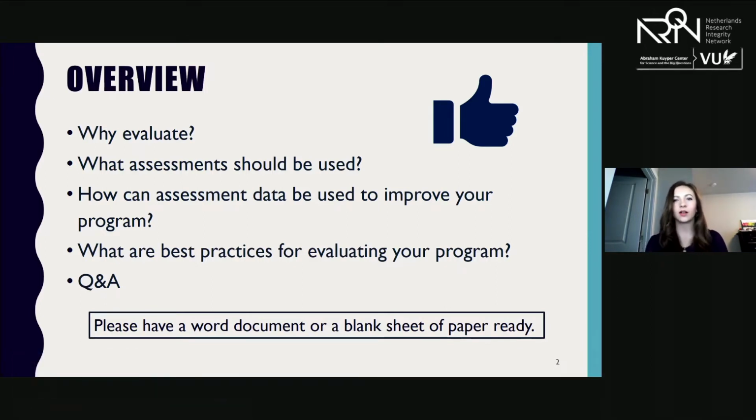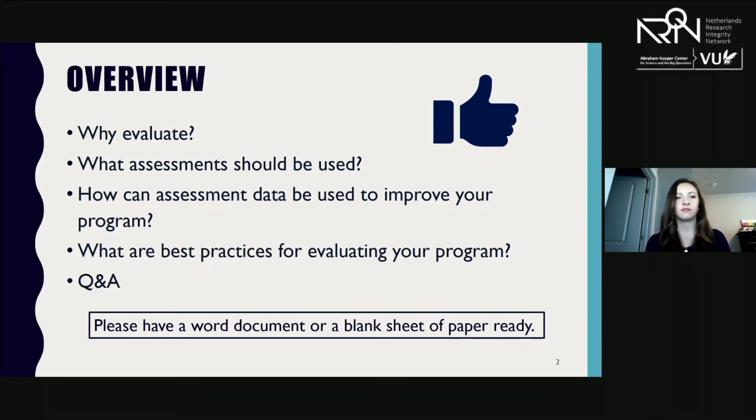Now, quickly, I want to clarify those two terms, evaluation and assessment, because they're often used interchangeably, but they're a little bit different. So evaluation is a broader umbrella term that's really determining the degree to which the learning goals of your program are obtained, and assessments are more measured at the individual construct level, and those are the tools that you use to evaluate your training program. So I'll be talking today using both terms. I just wanted to provide that little bit of clarification up front.